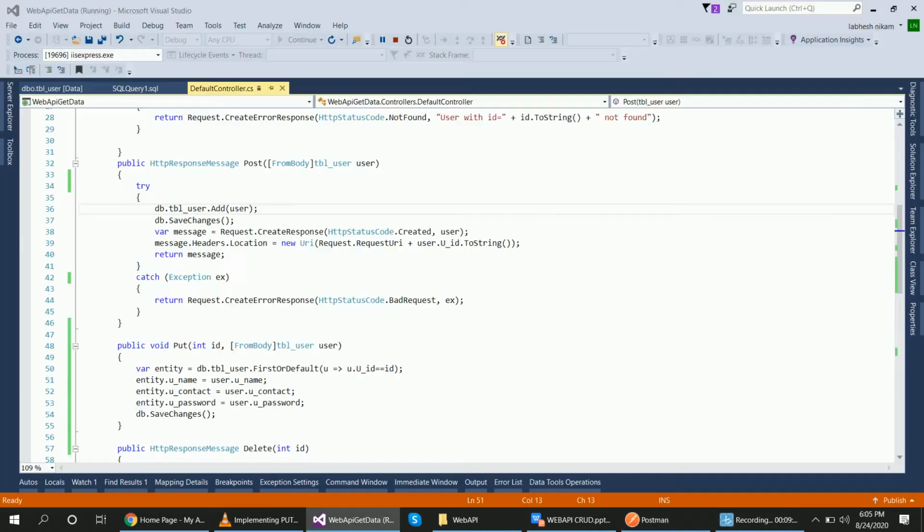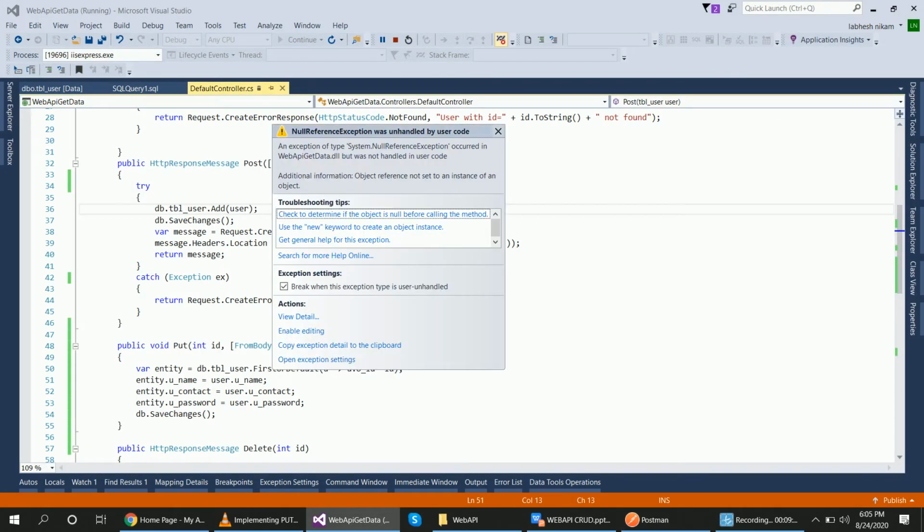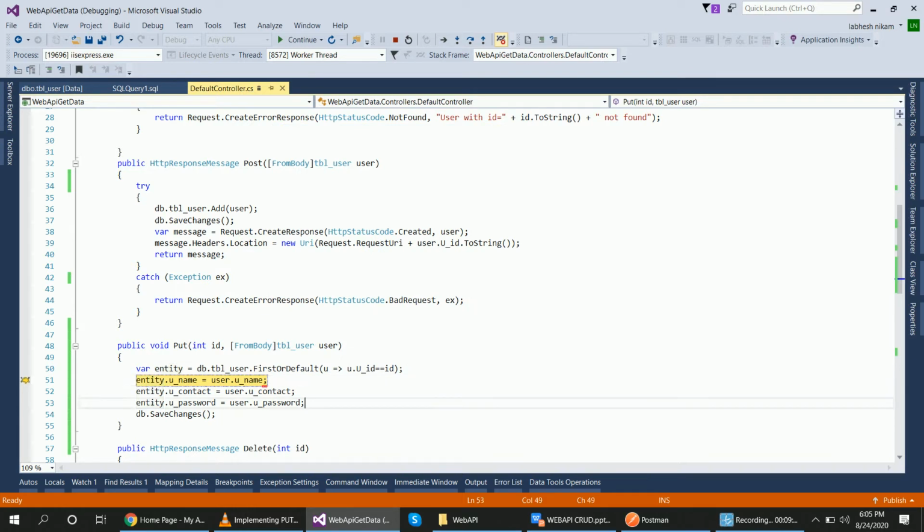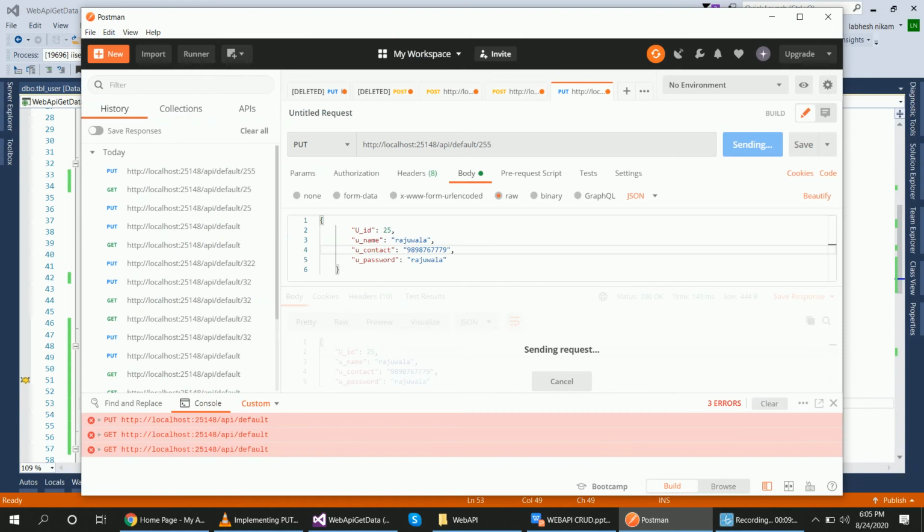It doesn't show any message and goes here. But in place of this, I require an exception message here, that 255 ID is not found, and 404 not found, and 255 ID is not available to update. Like this I want to put the message here.